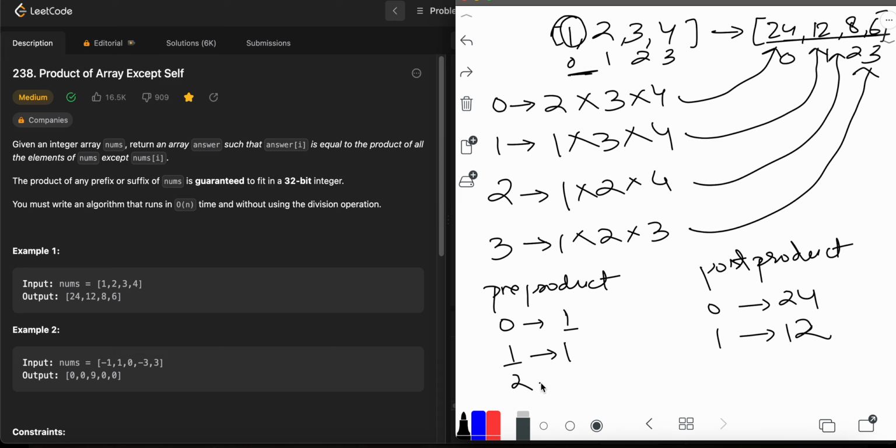For the second element, the pre-product will be 2, and the post product will be 4, right? For the third element, the pre-product will be 6, and the post product for the last element would be 1, right? Now we will multiply the pre-products and the post products, which will give us, for the 0th element, pre into post will be 24,